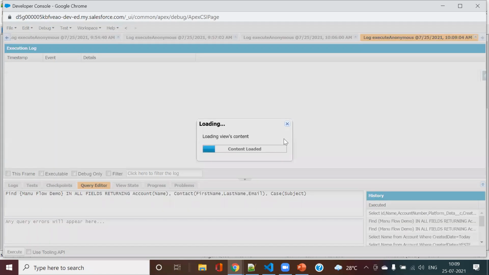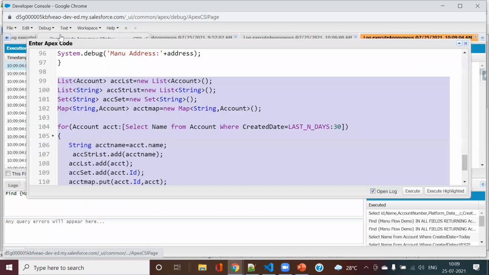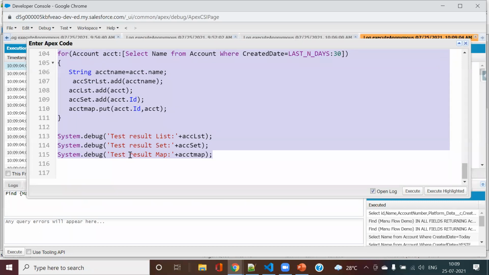Is it clear now? No, you are returning the values from that select query. I'm saying, when we are writing a query like SOQL or SOSL, is it necessary to store those values in a particular variable type? If you are fetching the value from account, we need to declare that as an account only.